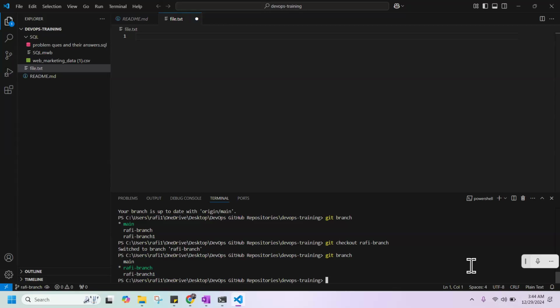How can I do it? Just add a new file here, right? So currently you are in which branch? Rafi branch, yes. Now please add some file here. I'm not telling you to move your local code into the repository. I'm telling you to add some code here, meaning you add some text file or maybe some WordPress file in that branch. You can copy any file from your local machine and paste it here, or maybe you can create a new one.